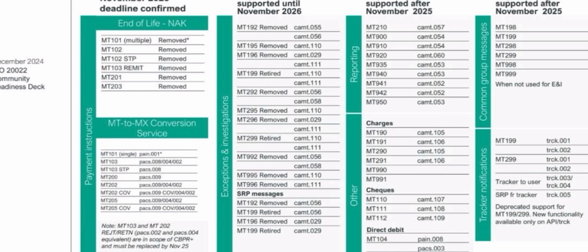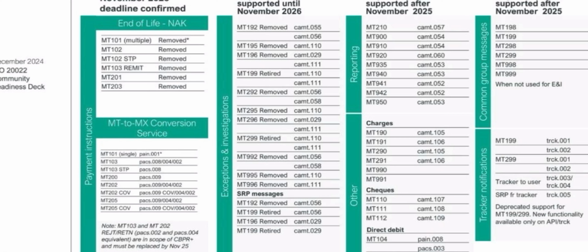Well, not exactly. Not all the messages of the SWIFT MTs are going to get migrated to MX, and thereby it is not going to be eliminated for all the MT messages. All we knew is that the SWIFT MT category 1, category 2, and category 9 messages were going to get migrated to ISO 20022. But there is a twist: the November 2025 deadline is not for all the MT